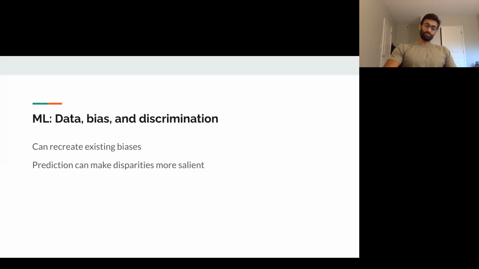Now, what do we get from the machine learning side of things? Well, we learn about data-driven decision-making and the sort of biases and effects that come through prediction. So we know now through years of research that if we simply apply machine learning out of the box to whatever typical prediction task you might have, there's a potential to recreate whatever existing social biases you see in the world. So to the extent that you're worried about those existing social biases, we should also be worried about recreating them through machine learning systems. We've also seen that prediction can make some of these disparities actually more salient and highlight and exacerbate them. So these are the types of concerns that machine learning asks us to keep in mind.